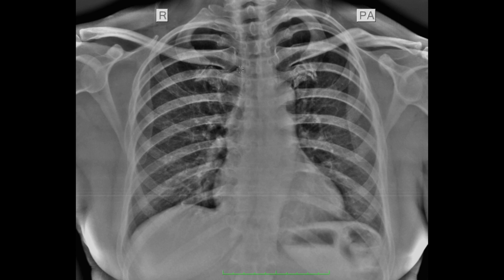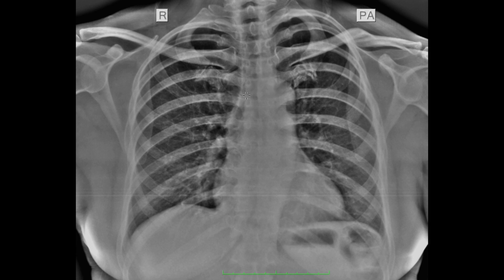So if you see widening in this region, you can quickly say that it can be because of some pathology in the tracheal wall, either some growth or thickening. Then secondly, some paratracheal lymphadenopathy or inflammation in the mediastinal fat, that is mediastinitis, or some pleural thickening or pleural effusion. So those are the differentials of widening of paratracheal stripe above 5 millimeters. And no paratracheal stripe is seen on the left side because of the esophagus and the aorta lying there.